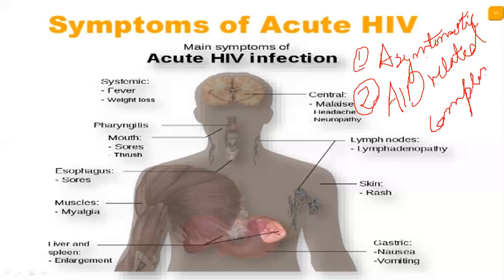AIDS related complex. In this AIDS related complex, the person has severe symptoms like swollen nodes in the neck, armpit, and groin that persist for several months, and other symptoms like night sweats, persistent cough, flu, diarrhea, loss of memory, inability to think clearly, loss of judgment, and depression can occur. And number three, the person can have full blown AIDS. So that does not appear very soon, but it takes several months to several years.